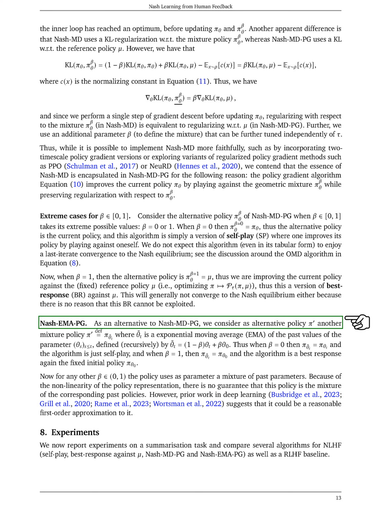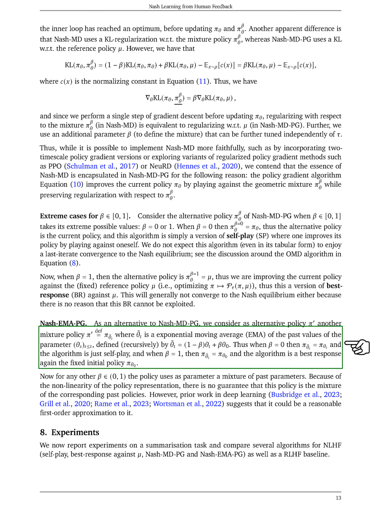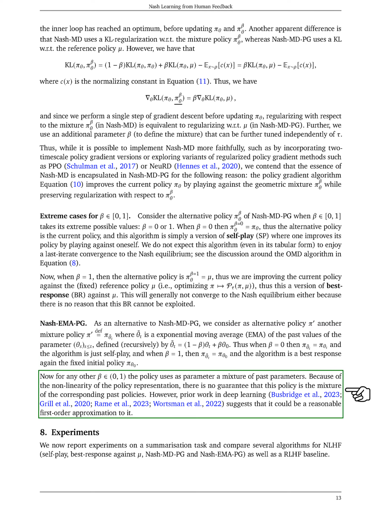As an alternative to Nash MDPG, we propose another policy, pi, which is a mixture policy defined by an exponential moving average, EMA, of past parameter values. When beta equals 0, the algorithm is simply self-play, and when beta equals 1, the algorithm is a best response against the initial policy. For any other beta value between 0 and 1, the policy uses a mixture of past